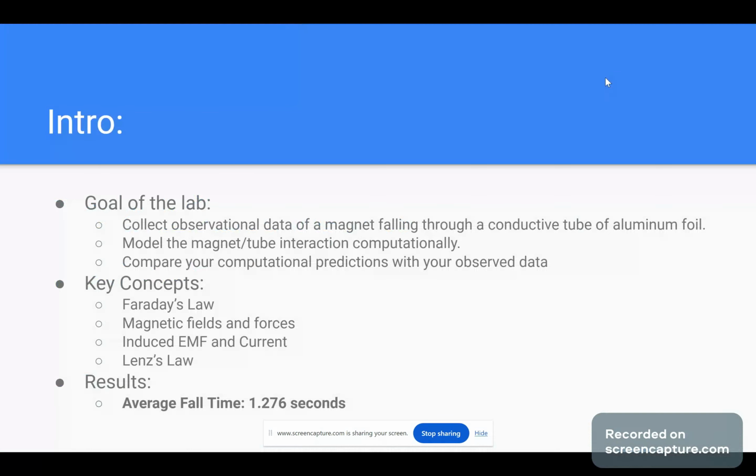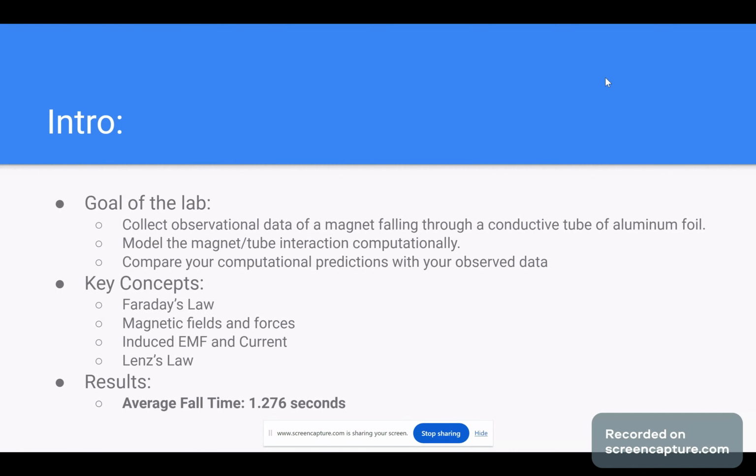As an introduction, the goal of the lab was to collect observational data of a magnet falling through a conductive tube of aluminum foil, model the magnetic tube and interaction between the magnet and the tube computationally, and compare the real and computational results. Some key concepts to keep in mind as we move forward with this lab: Faraday's law,